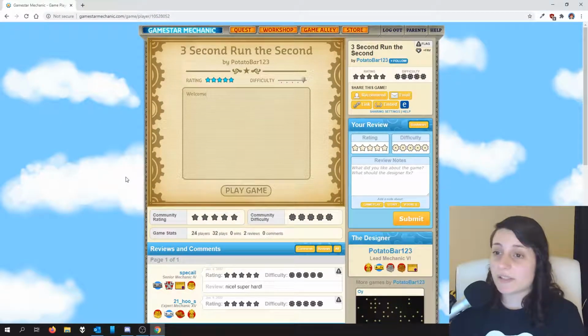So these are the basics of Gamestar Mechanic. You'll get more accustomed to it as you play through the quest, and we'll introduce all the functionality as we play through this week. If you ever have any questions or you're stuck on something, message me in the Discord